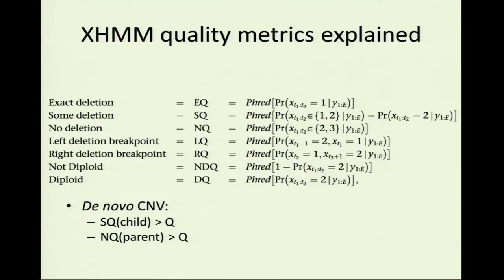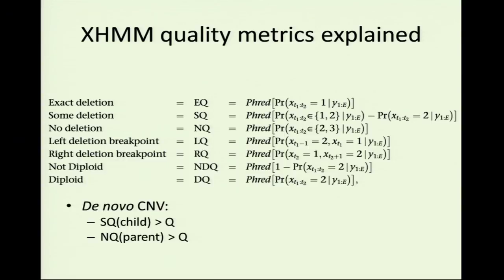So the point is that what you would actually do, and this is the way we've implemented it, in the child, you want to call de novo CNV. So this is a CNV that, by definition, you want to see in the child but not in the parents. So you'll ask, in the child, is the SQ, the sum quality, is there some deletion in the child above some threshold? But you also want to require that in each of the parents, you don't see that deletion. So you'll require that the NQ, the no deletion, no duplication, whatever you're talking about, is high enough in each of the parents. And then you can be pretty sure that the data actually supports a de novo event,